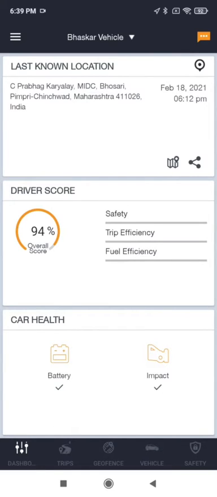First, let's go into the details of last known location section. In this section, you can see the last location of the vehicle along with the date and time when it was reported onto the server. You can also see the details of where vehicle is actually located right now and if the vehicle has driven, the path that it took to travel.